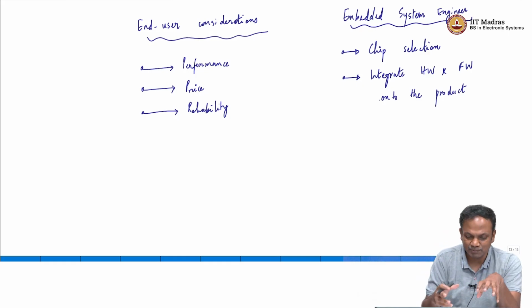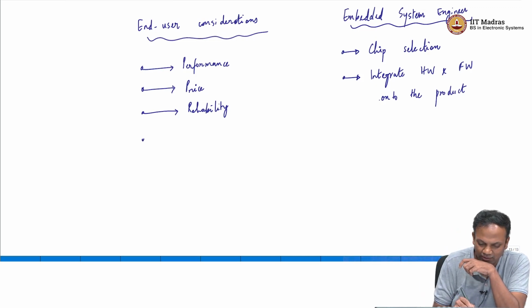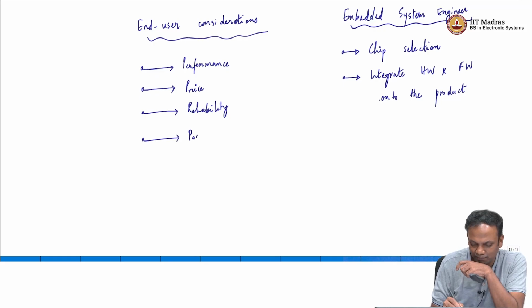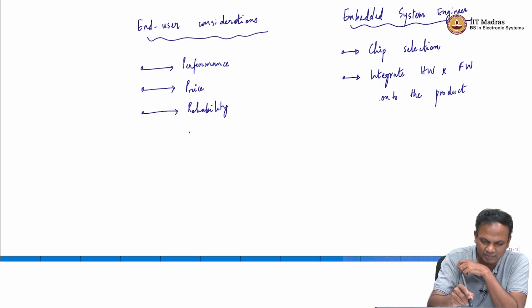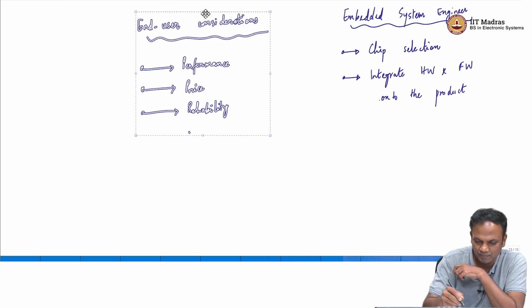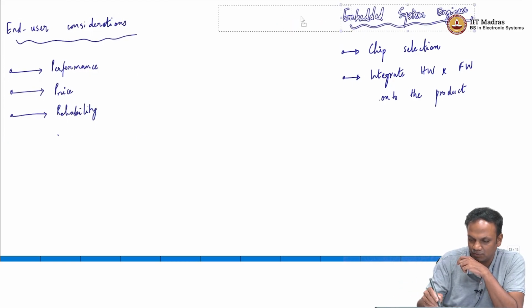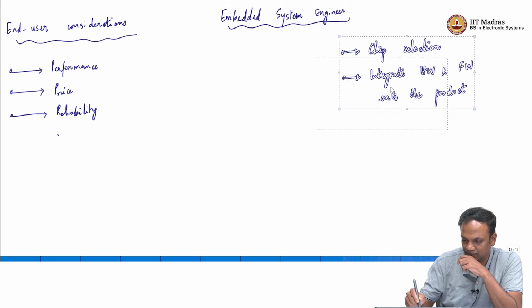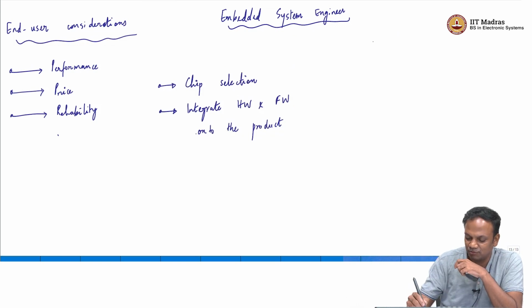The other aspects that you would consider in addition to performance, price and reliability is, you would also say, okay, what sort of package does it come in, because this the end user does not care about. Let me clean this up a little bit here. So, these are the end user considerations. Now, on this side let me list down the considerations for the embedded system engineer. So, there is obviously price, performance,